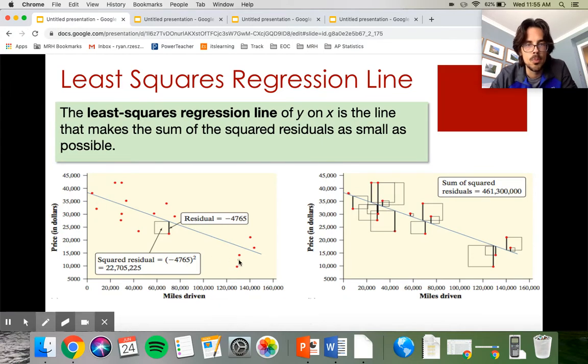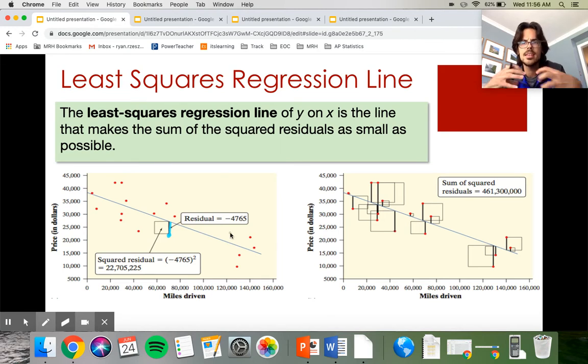When you make a line of best fit for a problem, every point has what's called a residual. And the residual is going to be the distance between that point and the line and the prediction that we made. So this distance right here would be the residual of that point. Points that are below your line of best fit have a negative residual, and points above have a positive. And basically what we want to do is combine all of these